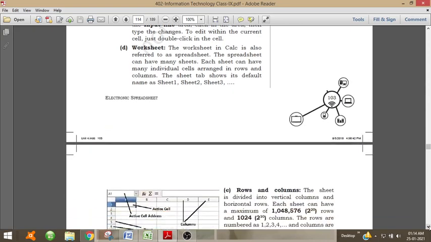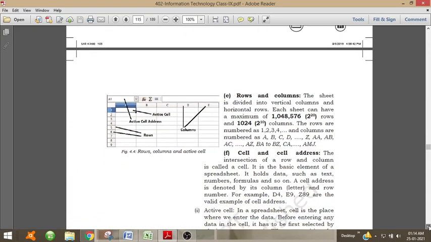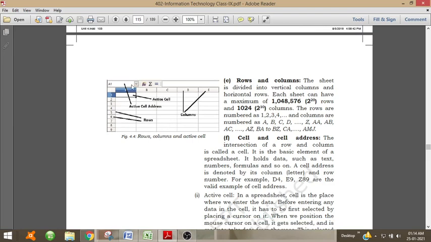Each sheet by default has names sheet 1, sheet 2, etc. So the vertical collection of cells are called columns and the horizontal collection of cells are called rows. Here A1 is the name of the cell. This is the active cell and this is the active cell's address.